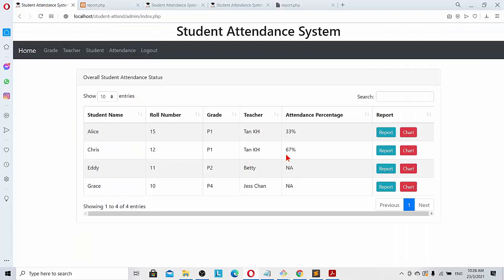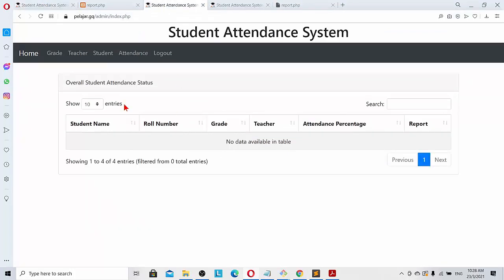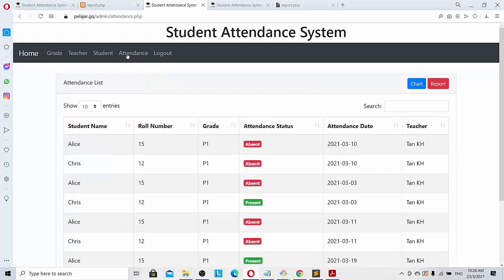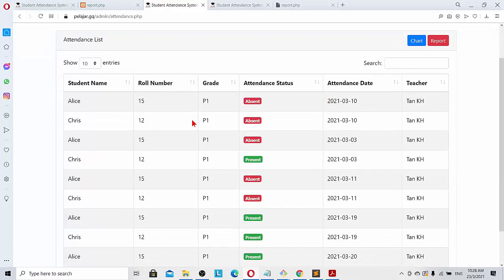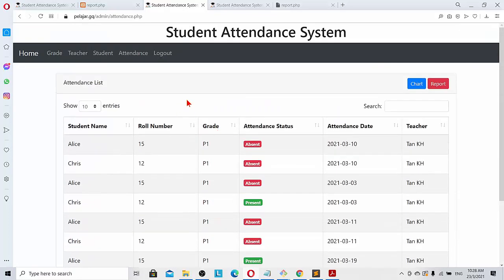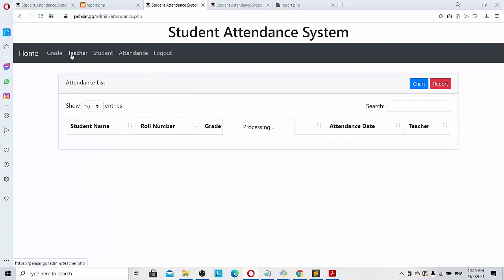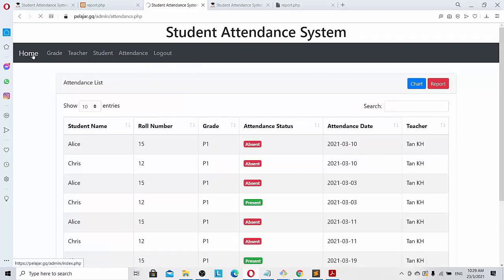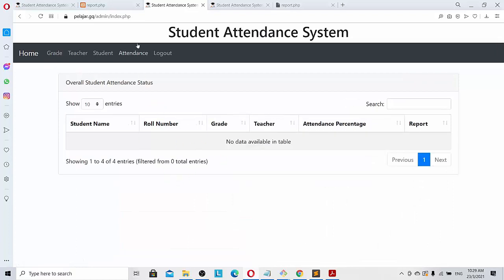The development machine shows the table and pulls the data from the database, but the VPS server sometimes is unable to pull the data from the database, but the same program with another function is working here. Can you see in the VPS server? Just to show you, the attendance tab is working, whereas if I go to the home, it's not working.